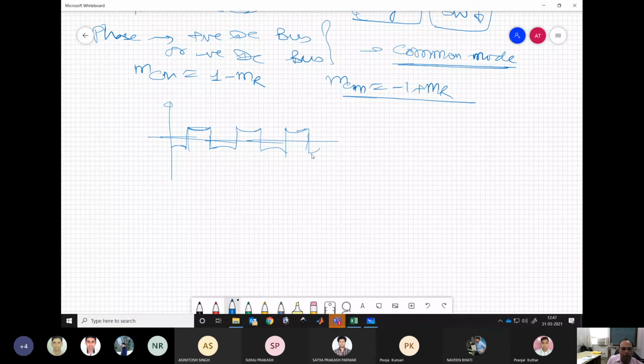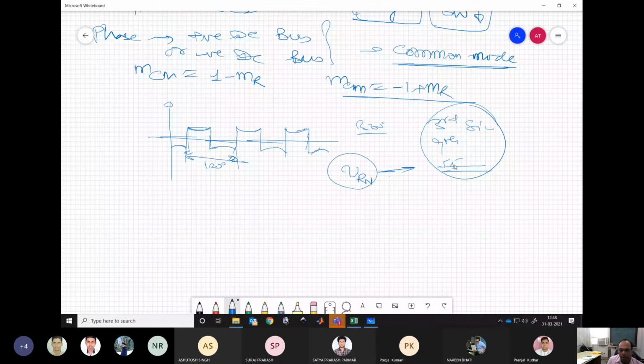So this is also some kind of third harmonic. 60-degree cycle means the full cycle is 120 degrees. So 120 is actually repeating 3 times within 360 degrees. So this is a third harmonic kind of, but not just a third harmonic sinusoidal. It may have third, 9th, 15th, etc. All those. So will all those appear in your VRN? Will those appear in VRN? No, sir.